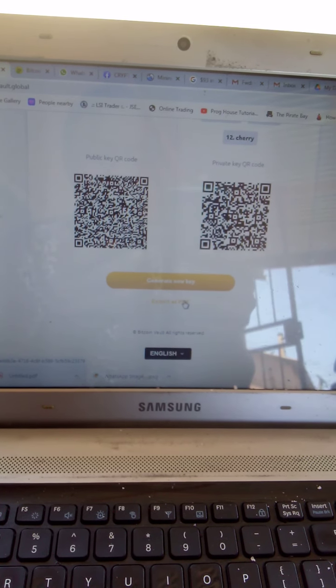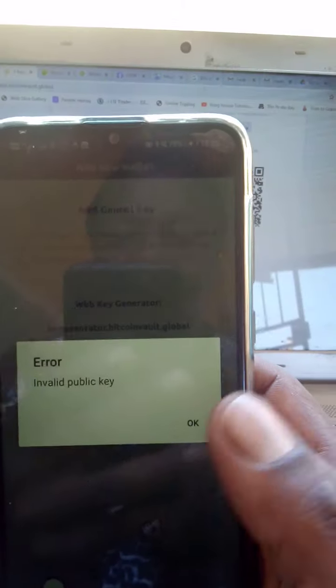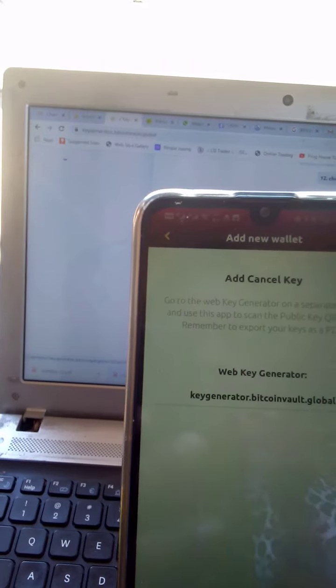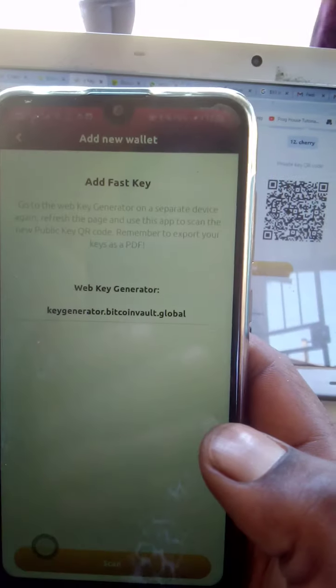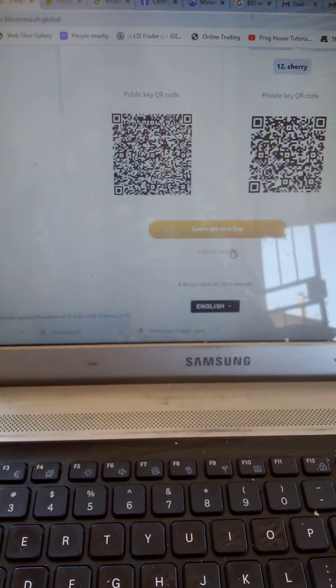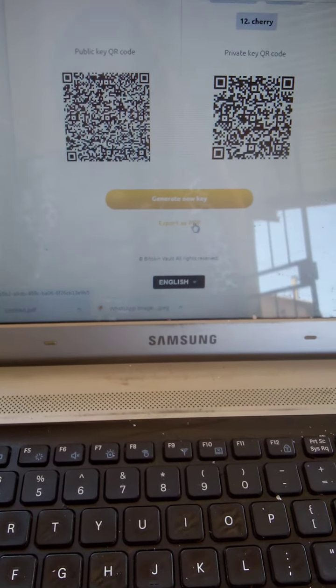Sorry. Then I'm going to scan. Sorry for that. Must scan. There, we did it. Then I must export this key, because this is my key that I'll use all the time